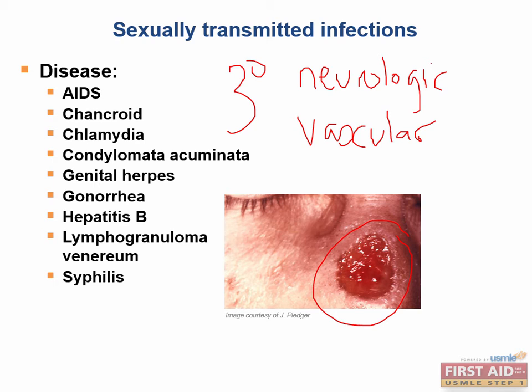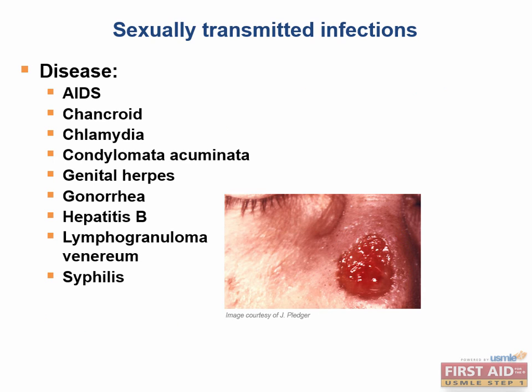Neurologically, syphilis can result in tabes dorsalis. Do you remember what tract of the spinal cord is most affected by tabes dorsalis? It causes problems in the dorsal column. Do you remember what sensations would be lost if the dorsal column is wiped out? We would lose the sensation of proprioception and fine discriminative touch. Lastly,